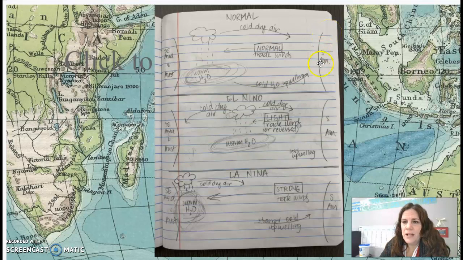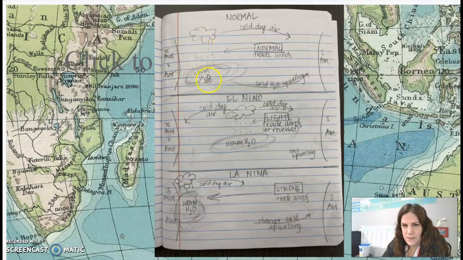Okay, so what I did is I put a fake landmass here to represent South America. This is supposed to represent any of the Southeast Asia coastal areas or the islands, and then also Australia would be kind of here. So this is kind of symbolic of all of that. Under normal circumstances, we would have the normal trade winds blowing this way. And as a result, the warm water from the surface is going to get pushed over and kind of build up